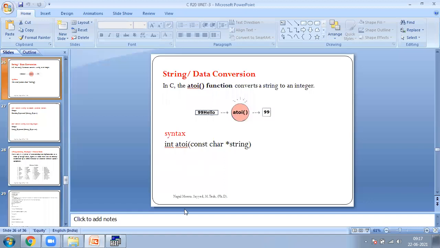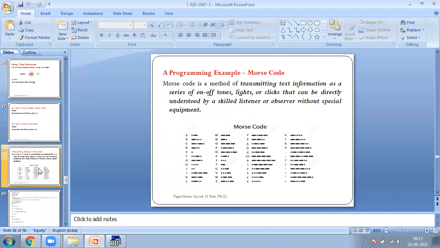Now coming to our next topic, that is Morse code. This is our tomorrow's topic. I think this is the last topic in our chapter.